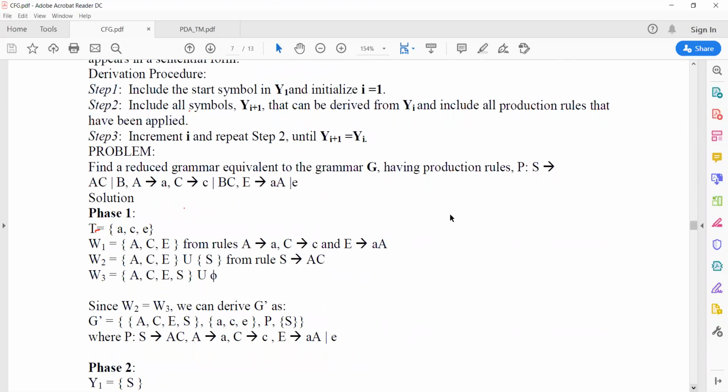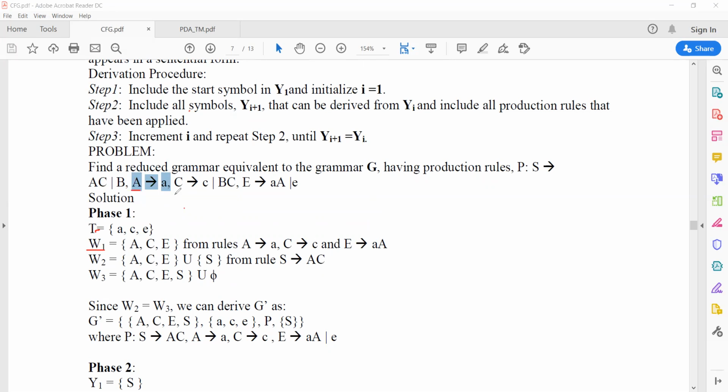First, taking care of that, I see that A produces small a. A produces a terminal, so this is a non-terminal A which actually produces a terminal. So it is accepted, and that's why I put it in the first set W1.